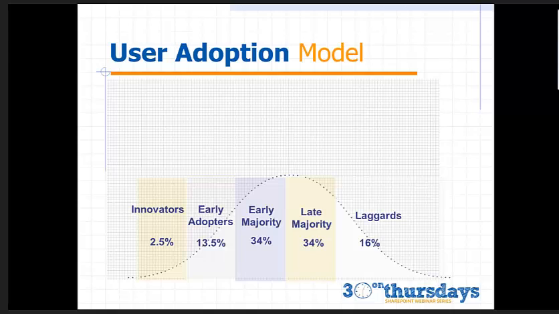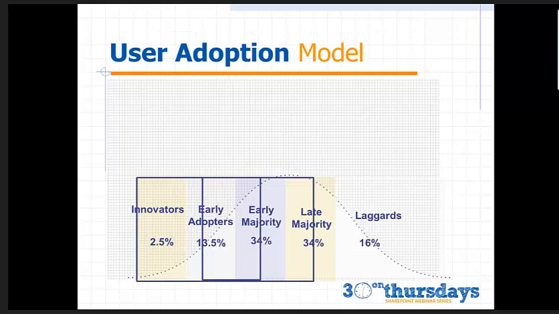Early adopters kind of follow after that group. They share a lot of the same characteristics as the innovators group. They don't tend to be quite as ready to try new things. They need a little bit more convincing. But one thing about early adopters is they tend to be pretty technologically savvy. So they're the type of people that we can use to become evangelists for our project and for our product. In my mind, it's the early and late majority, though, that we really, really want to focus on here,